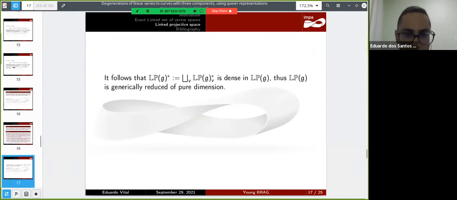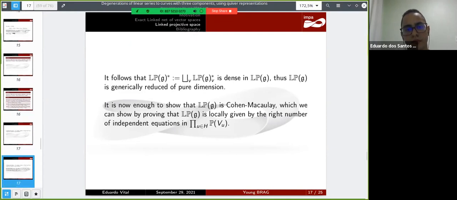Thus, it follows that LPG star, defined as the union of LPG star V, which is not difficult to see is an adjunct union, is simple. It is dense in LPG, thus LPG is generically reduced of dimension R. Now it's enough to show that LPG is Cohen-Macaulay